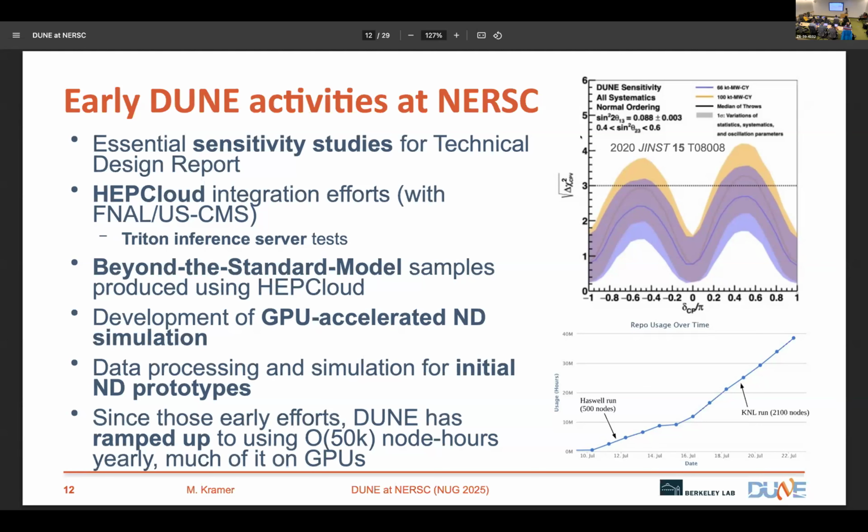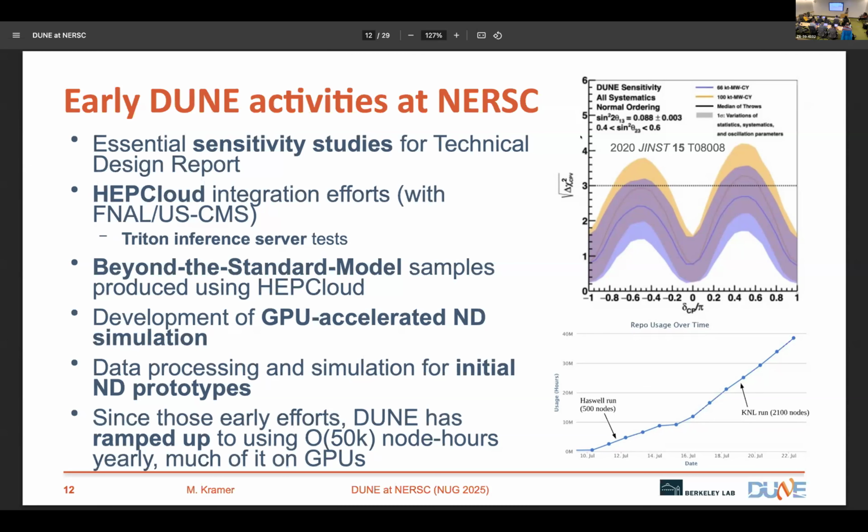It shows the hours used over time. If you could zoom out, it's much more amusing because you see a flat line and then it suddenly shoots up, kind of like what we saw yesterday in the talk about black holes. But I didn't have the zoomed out version, so my apologies. There are also activities integrating with the HEP cloud system that I'll talk about that allows us to use grid computing technologies with an HPC center like NERSC. There are also some tests of inference as a service as part of this collaboration with Fermilab. That wasn't formally a DUNE NERSC collaboration, but a lot of overlap between Fermilab and DUNE people.